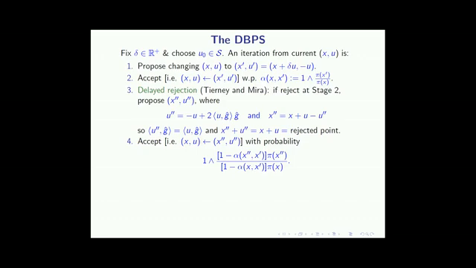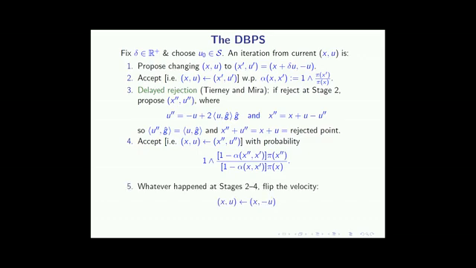You started here, you bounced, you come back. This is the gradient direction. So these are the same height above the tangent plane. So that's going to be, the discrepancy between these two, or in the logs, is going to be order delta squared. Likewise, alpha x double primed x primed, that's going to be pi of x primed over pi of x double primed. This one is pi of x primed over pi of x, but because the posteriors are about the same height above the tangent plane, these two acceptance probabilities, again, the discrepancy in the log is going to be order delta squared. So if delta is small, this second acceptance probability is going to be order 1.